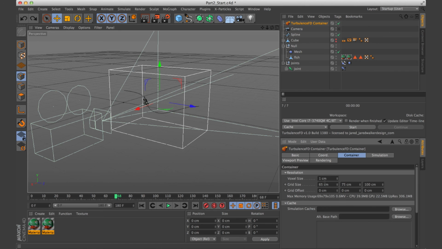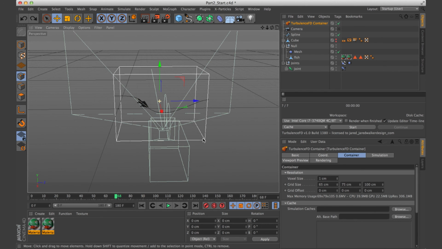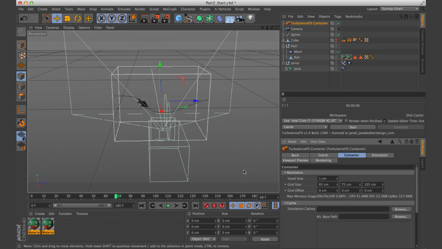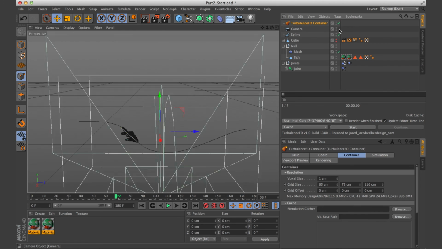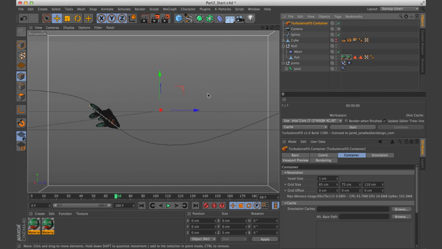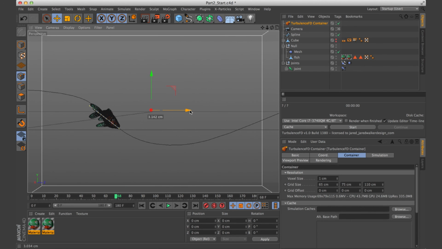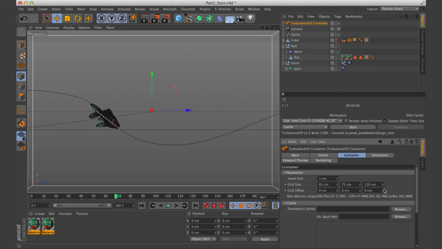No, actually we want to make that a little bit bigger. Okay, I think that's pretty close. And we can check it in our camera here. Yeah, I might make it just a little bit wider, just to be safe. Okay.